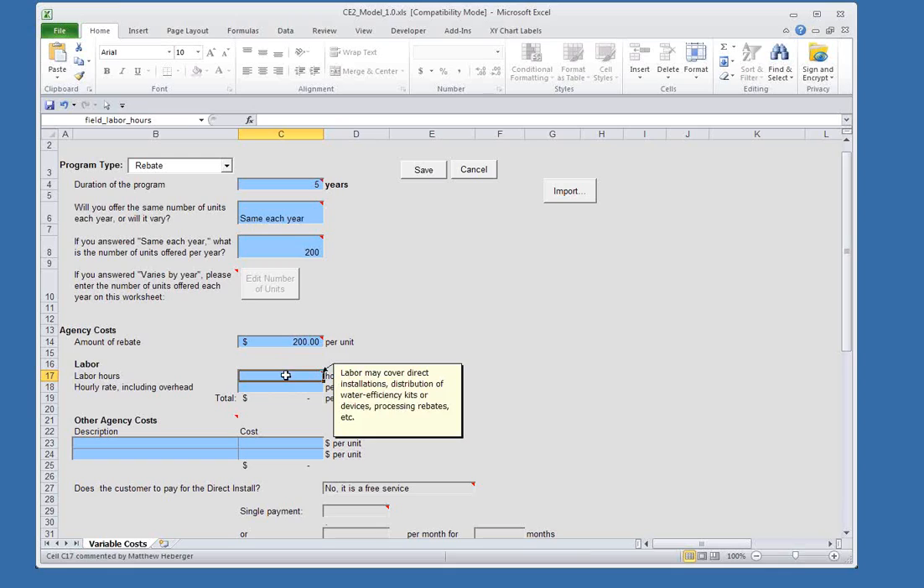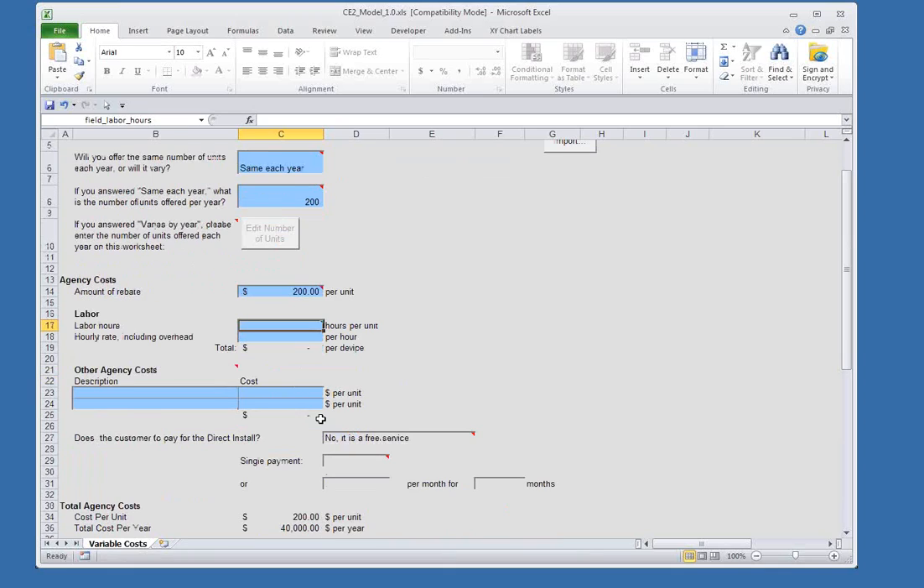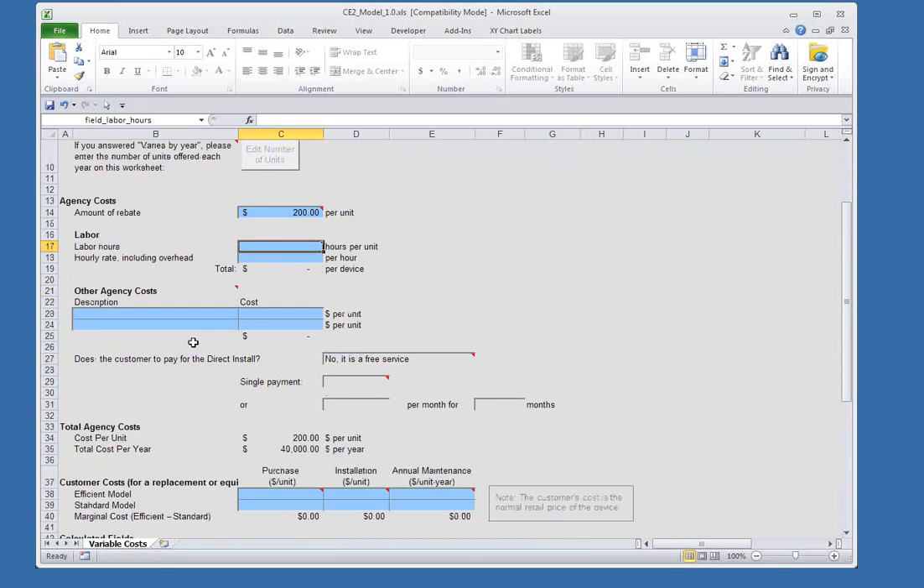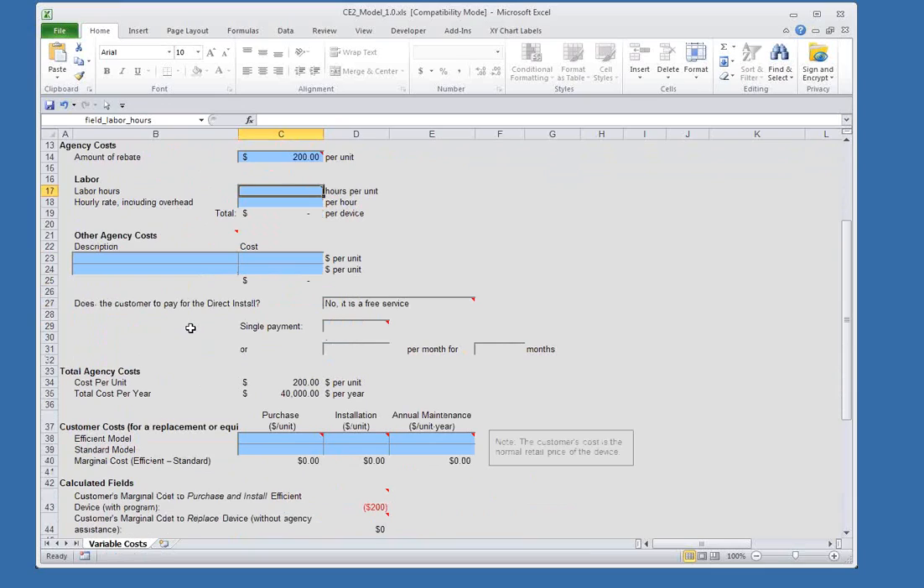Let's assume that we already covered this with the labor hours we entered on the previous sheet. And then we've got some space for other agency costs that might accrue here, and that just don't fit into any other categories, but that you wanted to include. And some of these inputs you can see down here are grayed out because they only apply if you had chosen direct install up here. Okay, so scrolling down,